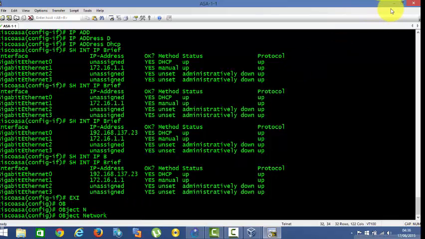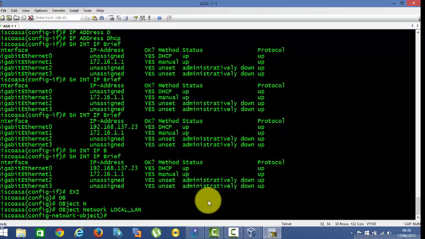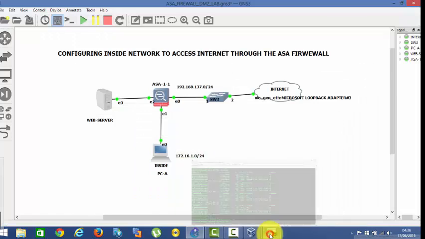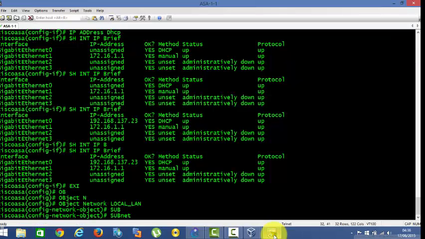Object network, yeah. So let me say object network, or say local LAN. I'm just making up one, yeah. And then what we do is subnet. So which subnet are we using? We're using this subnet, yeah. So we wanted this subnet to go out to the internet. So subnet